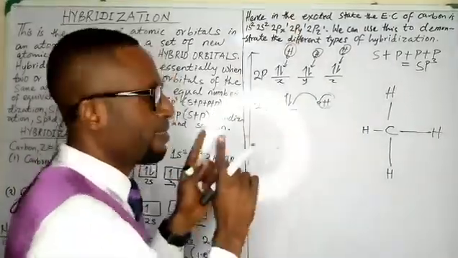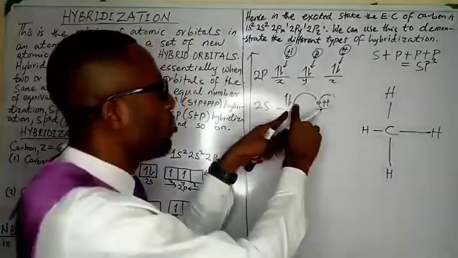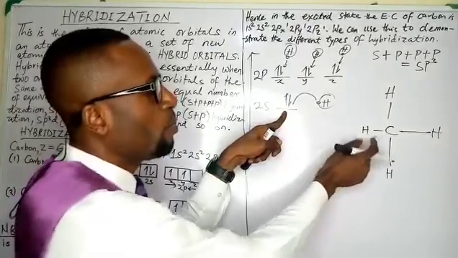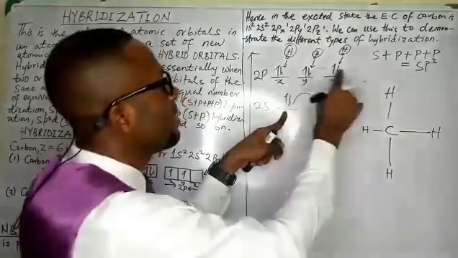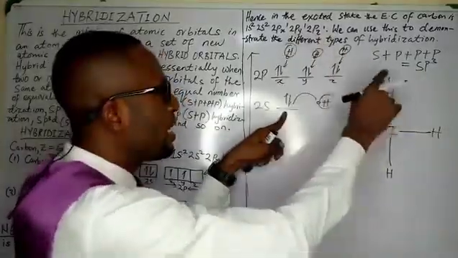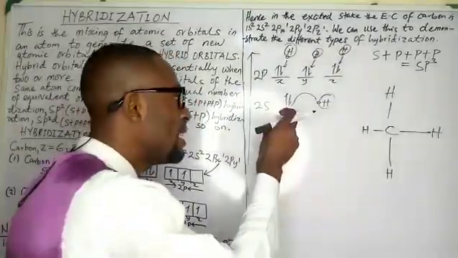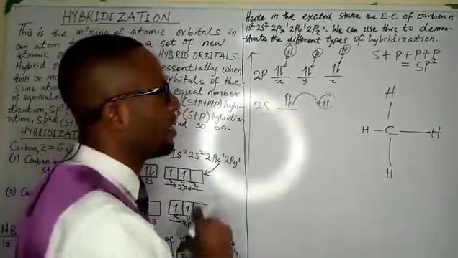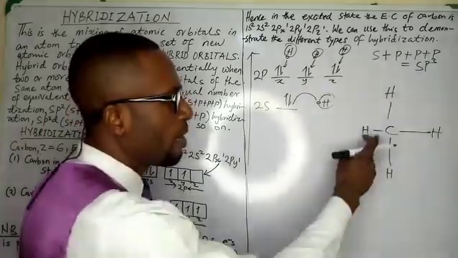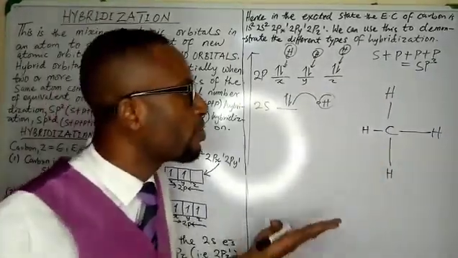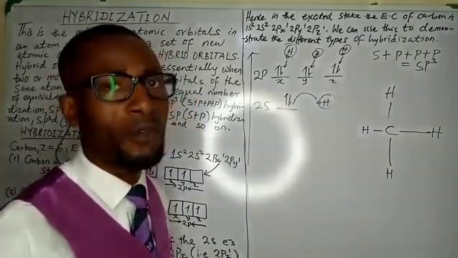So the bond that this hydrogen atom will make with this s orbital is going to be shorter. The bonds can never be equivalent. Yes, these three orbitals can make equal or equivalent covalent bonds with the hydrogen, but it can never be the same with this particular orbital. So at the end of the day, you are going to have perhaps three longer bonds and one short bond. And in reality, this cannot depict the correct representation of the structure of methane.